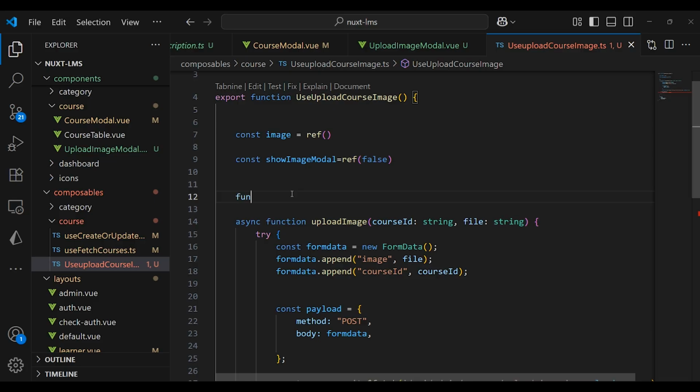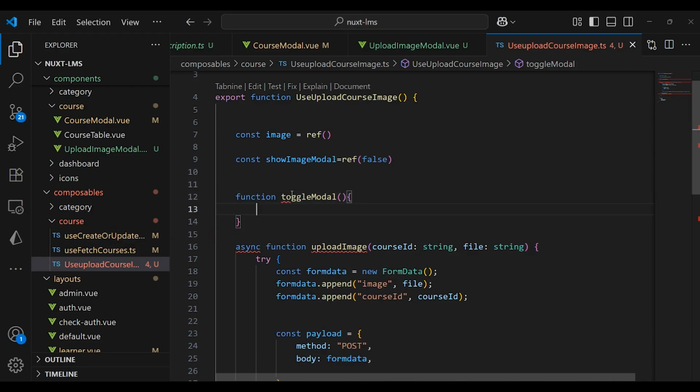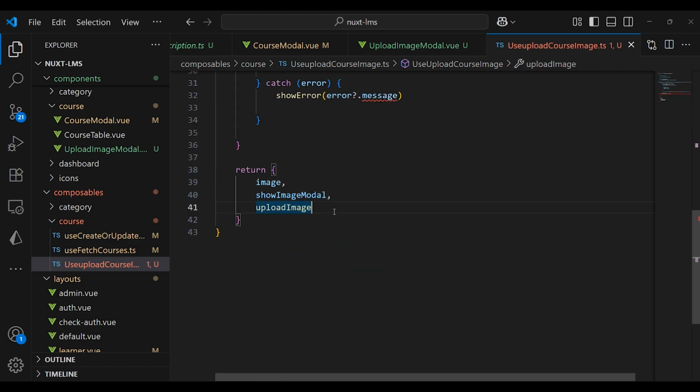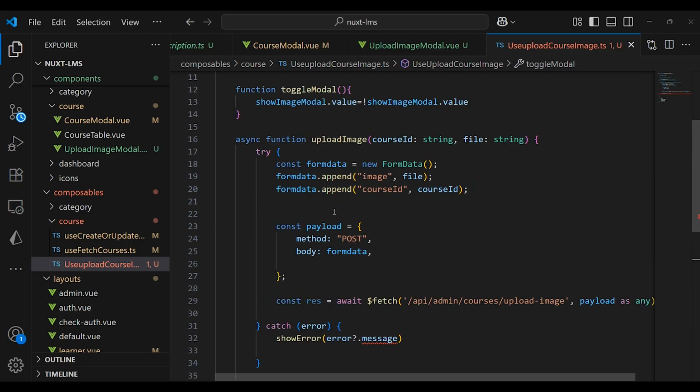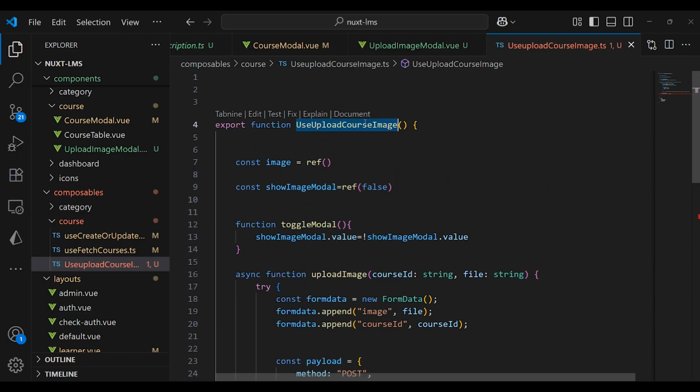Okay, and I'm going to pass a function, toggle model, and we are going to pass here show image model. We're going to pass a show image model like this. It is different from show image model, that value like this. And also we're going to pass the toggle model function to the return statement like this. And now we're going to head into the